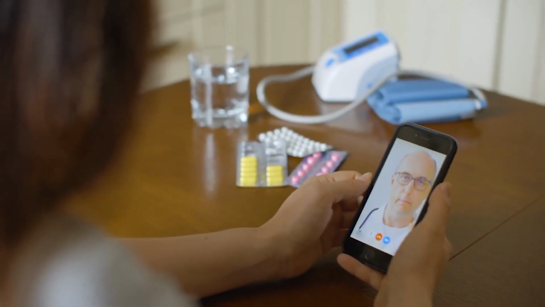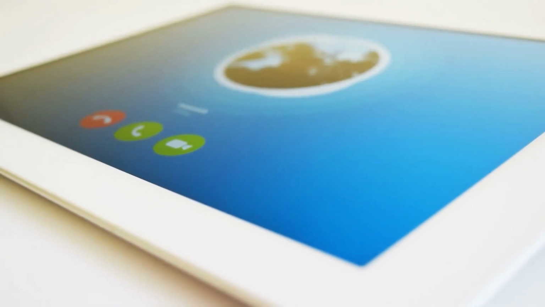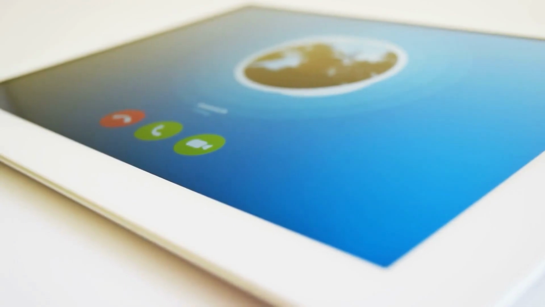Benefits for seniors. For seniors, video calling apps offer a lifeline to social interaction and companionship, especially for those who may be isolated or living far away from family members. With just a few taps on a smartphone or tablet, seniors can connect with loved ones face-to-face, sharing stories, laughter,